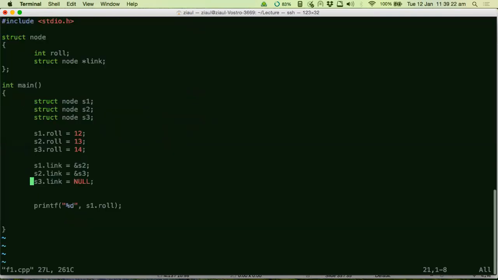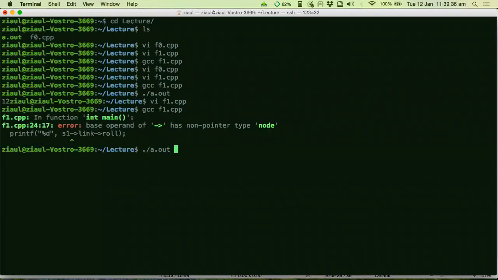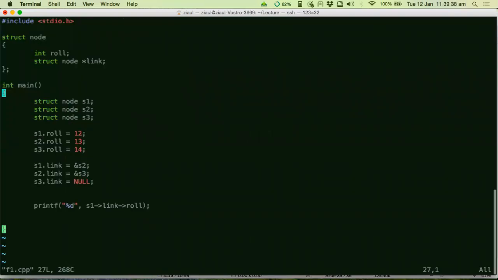How do I get to 13? Tell me from here. Can someone respond? How can I get to 13? I can just say s.link. Sir, I think it should be s1.link, right?